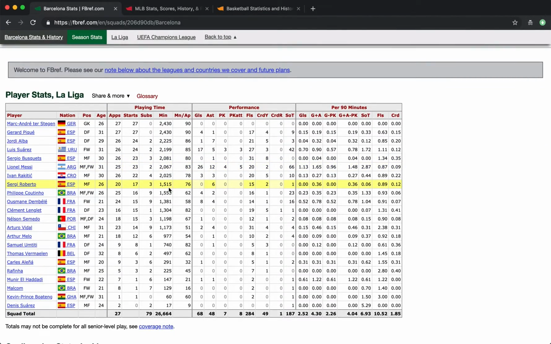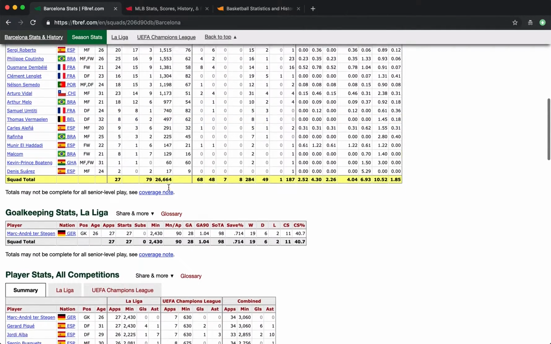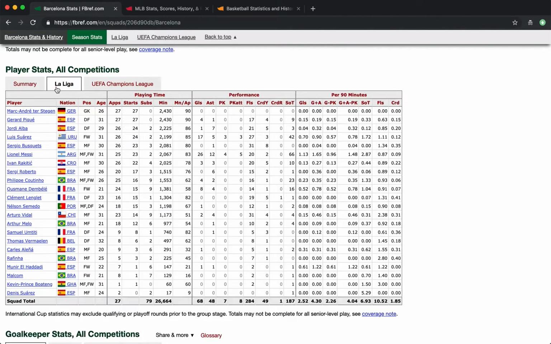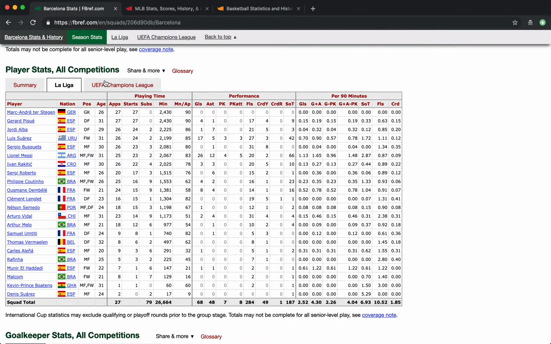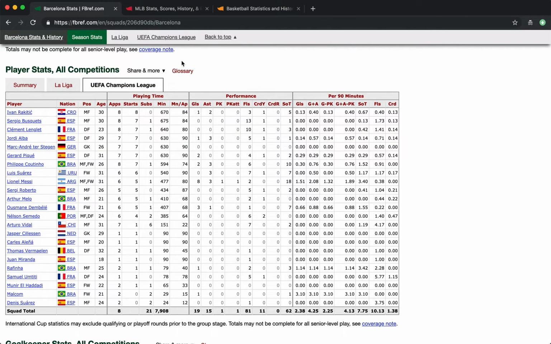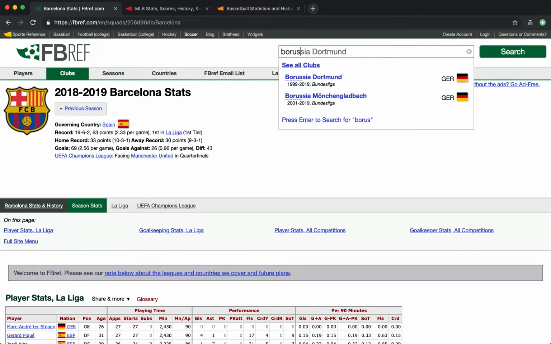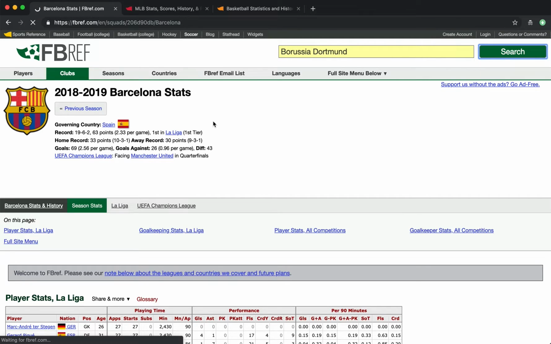So it shows their La Liga stats, but once again, we also have this all competitions table as well, where you've got La Liga, Champions League, and then the combined totals. And you can filter in and see just the La Liga stats, just Champions League stats, and like I said earlier, one day you can imagine the other competitions that they're a part of will be there. In fact, I can show you, if we go to Borussia Dortmund,